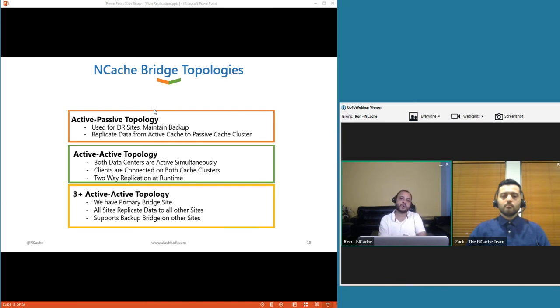The active-active topology is when you have one application deployed on two different geographic locations, and you want data from site 1 to be made available on site 2, and site 2's data made available on site 1. If your application needs data sharing between geographical sites, you can target active-active, where you have users active on both data centers. Clients are connected to both data centers, and there's a two-way replication going on between